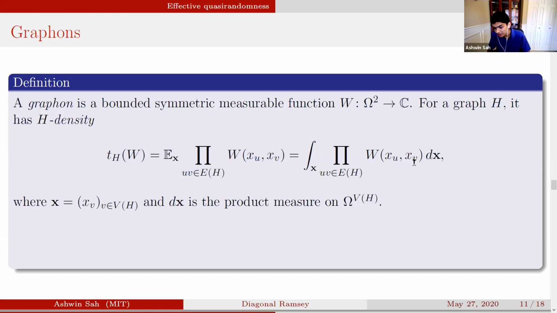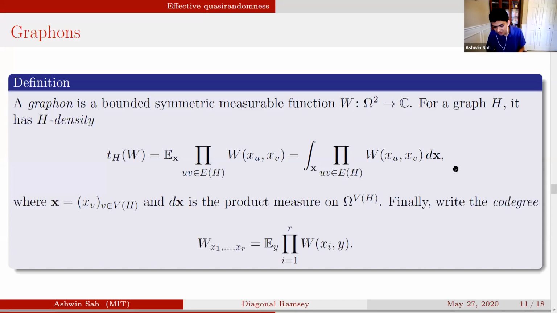For those who aren't familiar with this notation, you could think of W as encoding the adjacency matrix of a graph. Then this integral is really just a sum over indicator functions, and you get a contribution if and only if this tuple of vertices is witnessing a subgraph. So you see how, in some sense, this quantity is a natural notion. There are a bunch of other nice properties from dense graph limit theory that I won't talk about in too much detail.